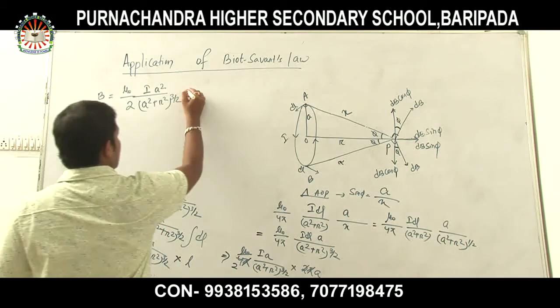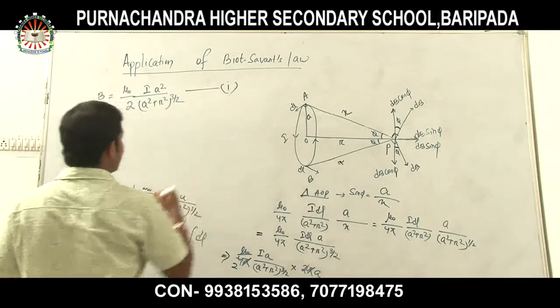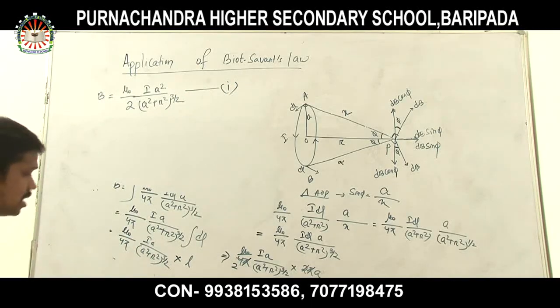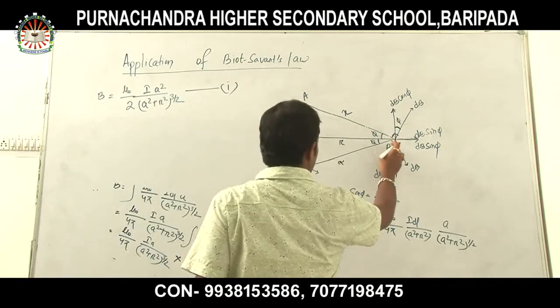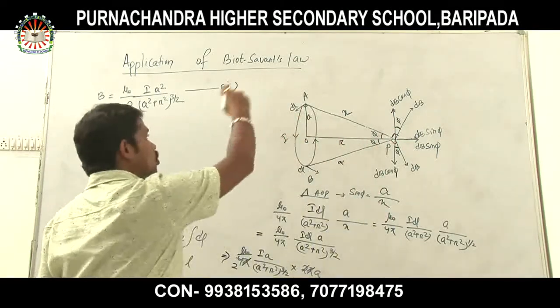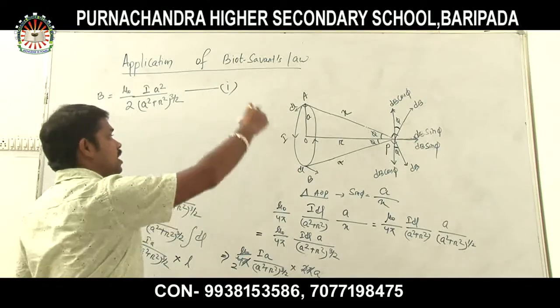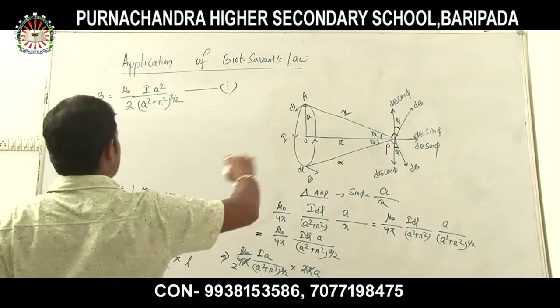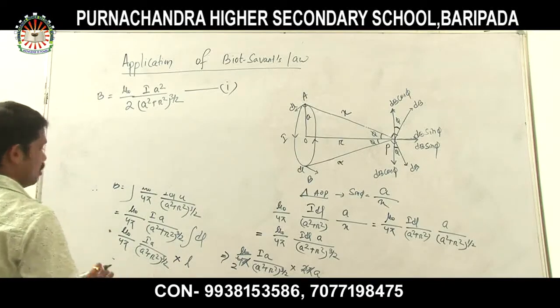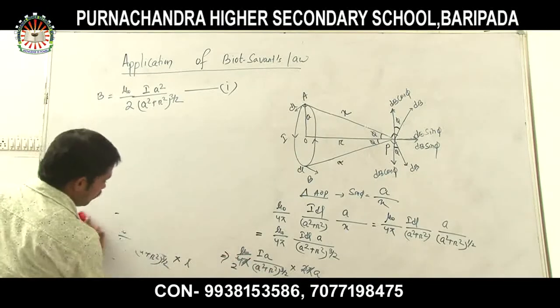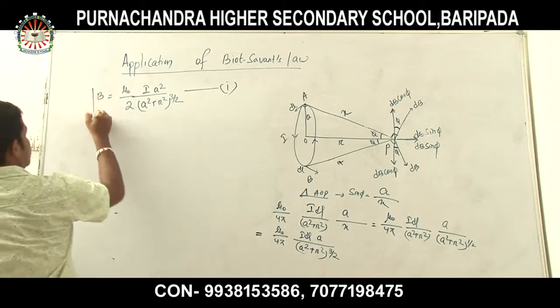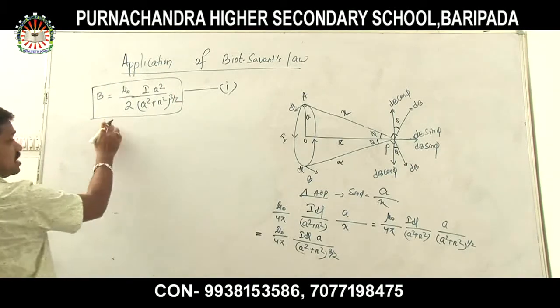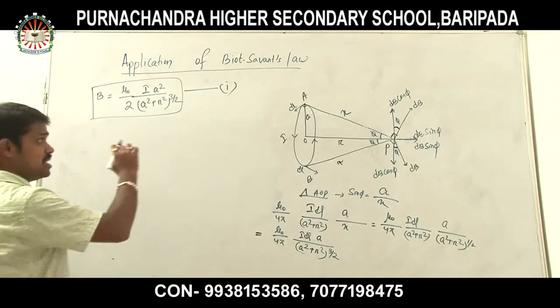Again I'll repeat. Let us give it equation number 1. So equation number 1 is the expression of the magnetic field at a point P due to the current carrying circular loop, present on the axis. That is very important. Okay, clear all of you? So this expression is very important. This is at the axis. Listen guys, this is at the axis.